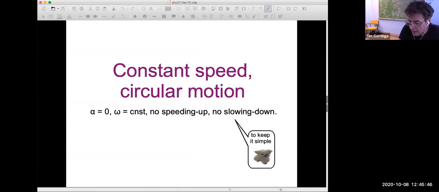Okay, so as we analyze centripetal acceleration and centripetal force in circular motion, I'm going to think about a special case of what we call uniform circular motion, which is constant speed circular motion. We're not going to worry about circular motion in which something speeds up and rotates faster, or slows down and rotates slower. We're just going to first focus on this special case of uniform circular motion. So this is the case where